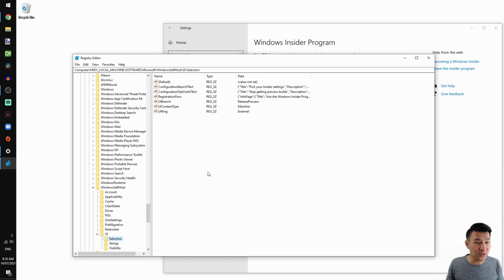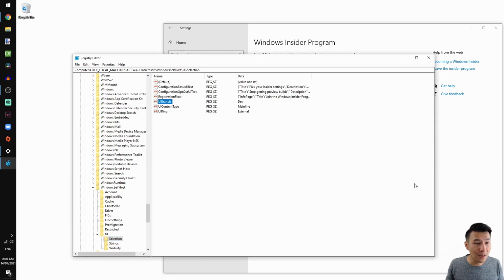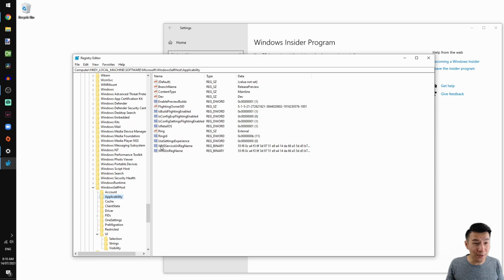We'll update this UI branch value to dev, and then go to Applicability above and update dev to dev. If it's not already there, create a new entry for it, and we'll restart our PC.